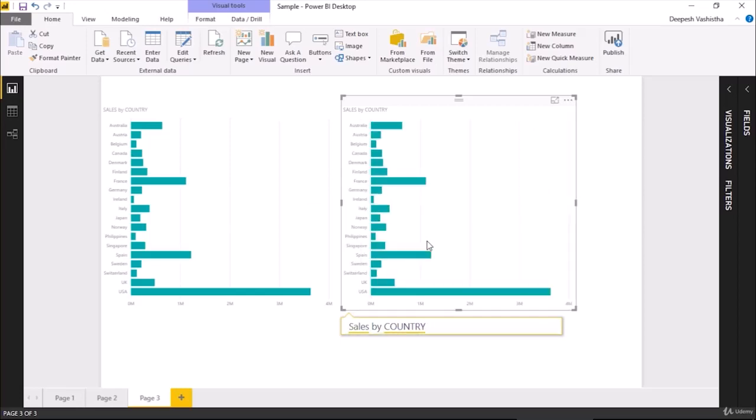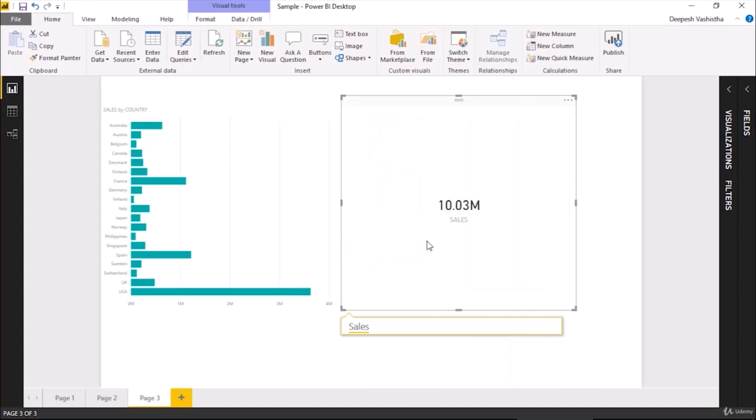in the next lecture. So use the Q&A feature of Power BI. You can just play with it, type in different kinds of questions, and when you want to filter out or identify certain values, ask it the natural language. But when you click on a particular field, suppose I want to see the sales